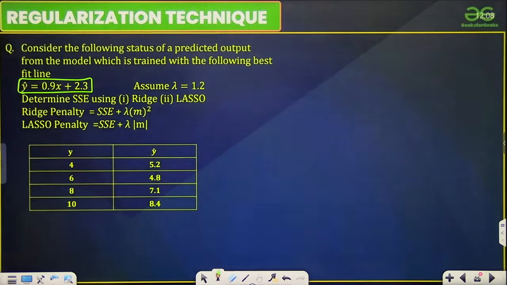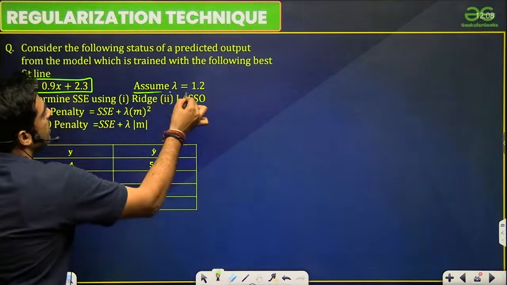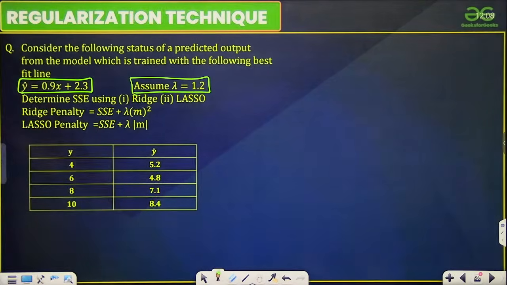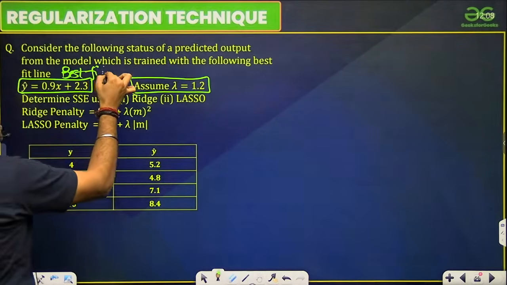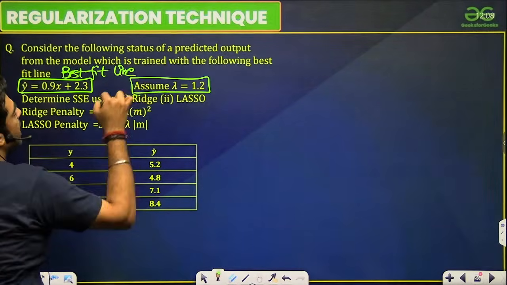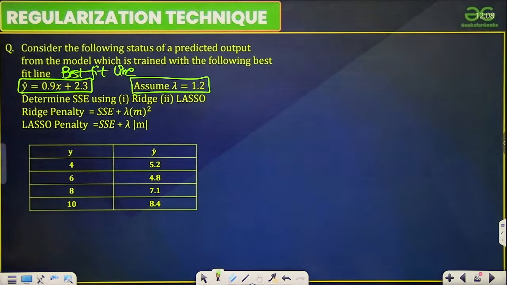Lambda value is given as 1.2. This is the best fit line, and the regularization parameter is 1.2. Now what do we have to determine? We have to determine the sum of squared error